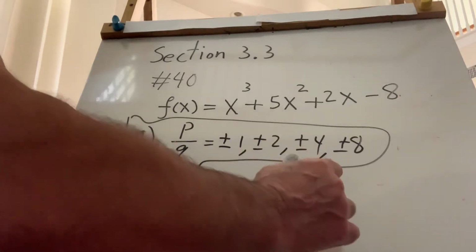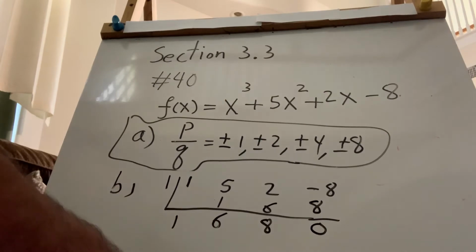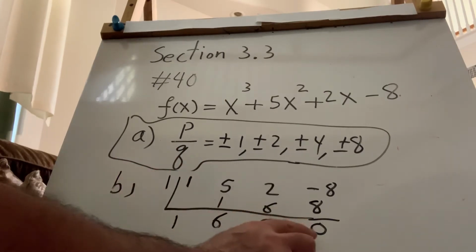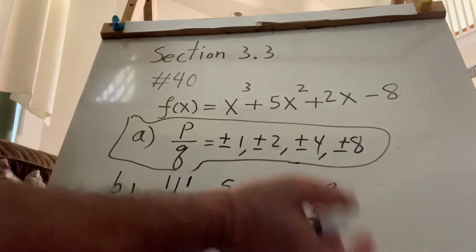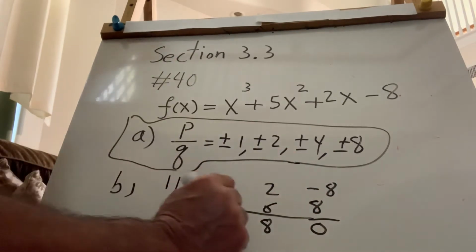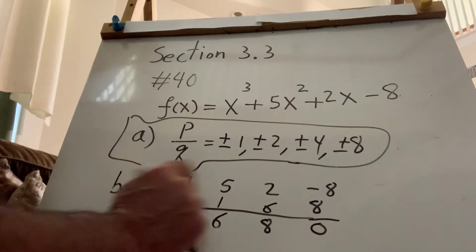1 times 8 is 8. And 8 plus negative 8 becomes 0. Now look at that. We got very lucky, our very first trial, in this case the very first synthetic division, already gives us the first 0 here. Now, this doesn't always happen, or it doesn't happen too often. Sometimes you have to do at least 2, 3, 4 synthetic divisions before you find your first 0. But the good news here is not only we find our first 0 with the first synthetic division, but also